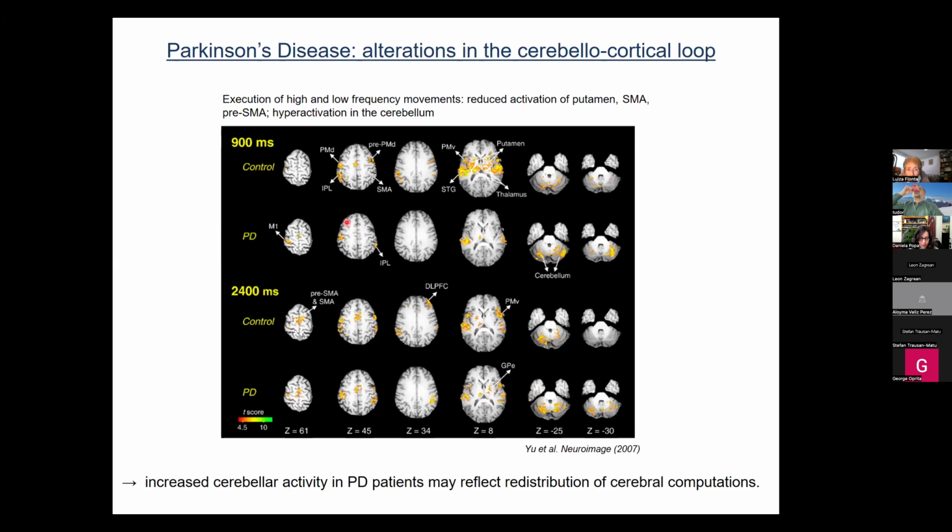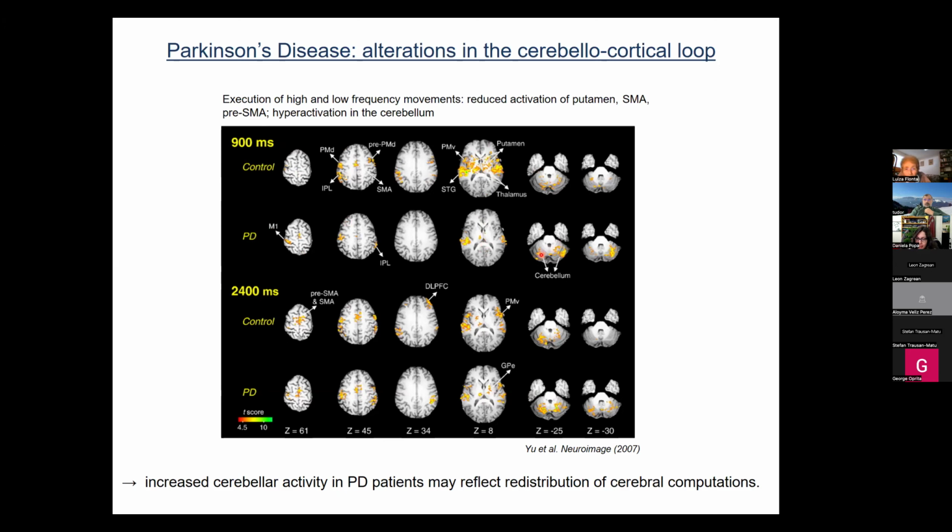So here in this one, it's even more interesting since we see two movements. We see here one moment of the movement, and here another moment of the movement. And here we can see the activation of the basal ganglia here, and we see it also in the normal, but we see also that in the Parkinsonian patient, this activation disappears,